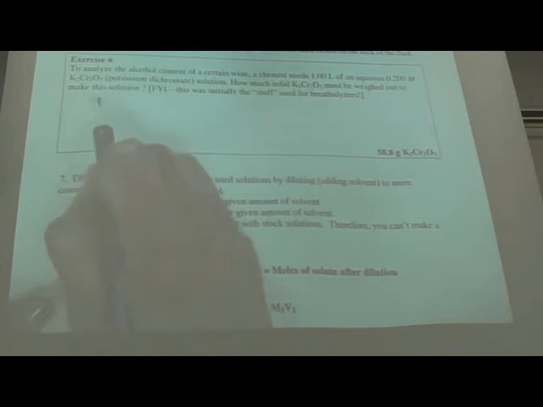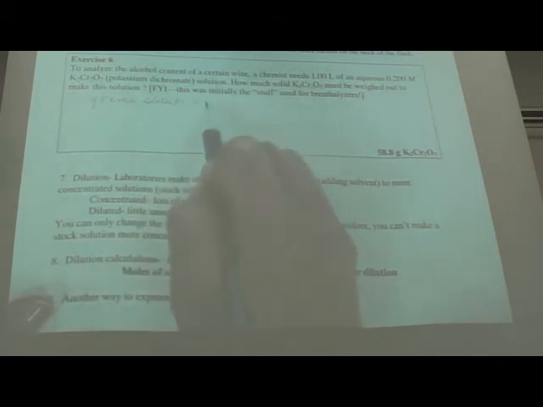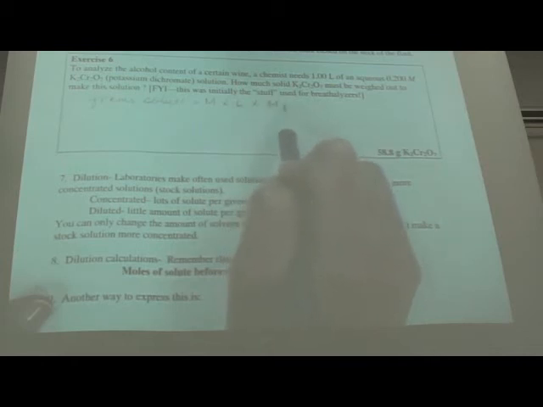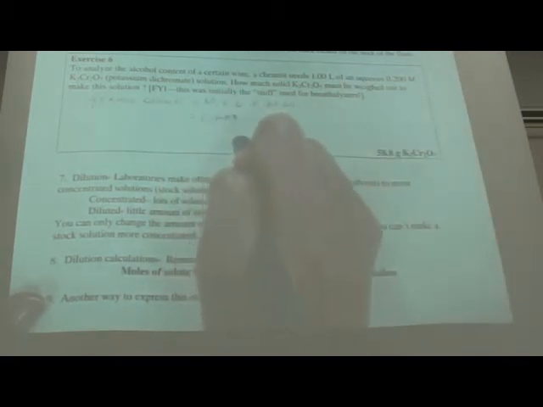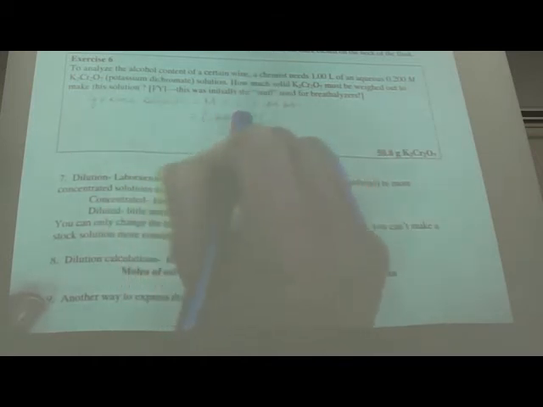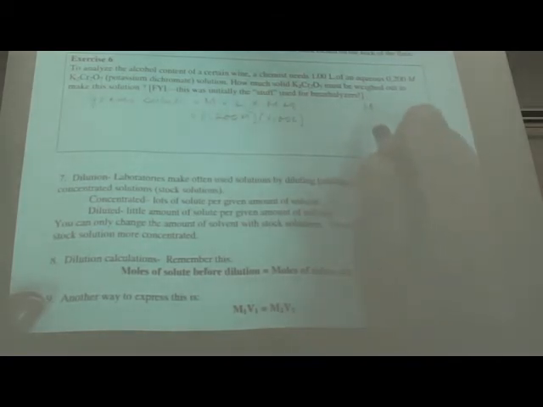So the grams of solute is equal to the molarity times the volume times the molar mass. I can see that I am given readily the molarity and the volume. Calculating the molar mass, I see I have a potassium, a chromate, and an oxygen. There are 2 potassiums, 2 chromates, 7 oxygens,